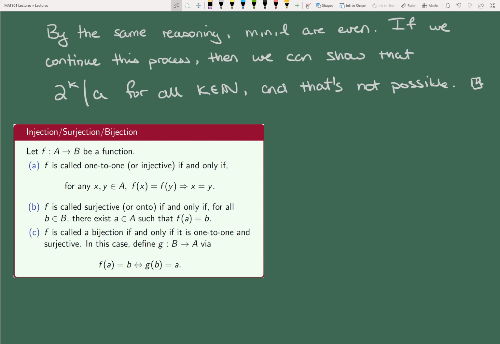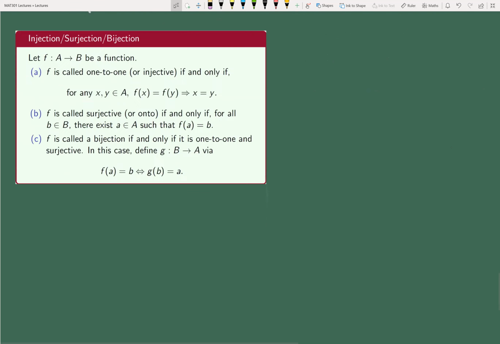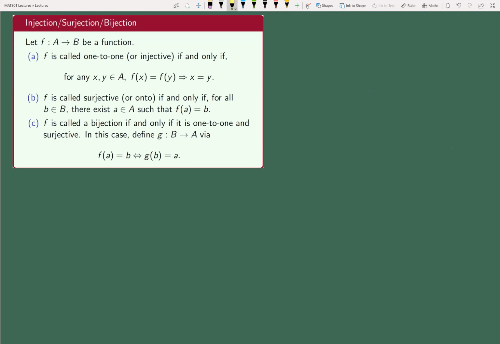Now, the way I want to practice this is, let's do some things. I think these would have been done in 102 as well, depending on the instructor, so they might be new or they might not be. But let's start off with the following.